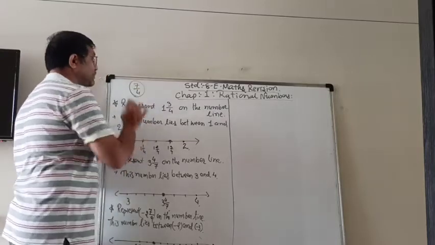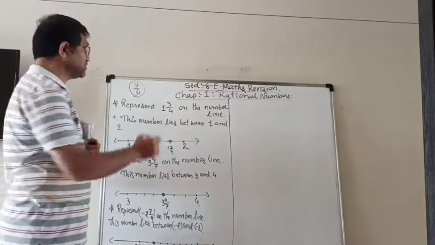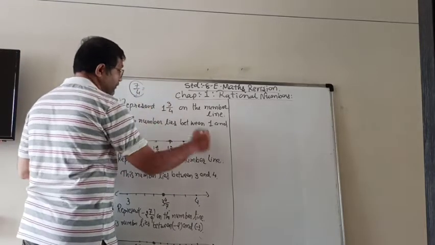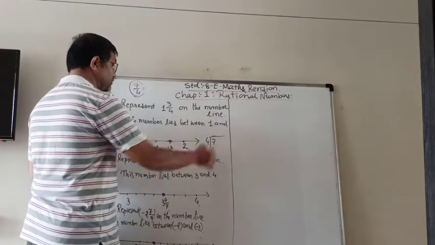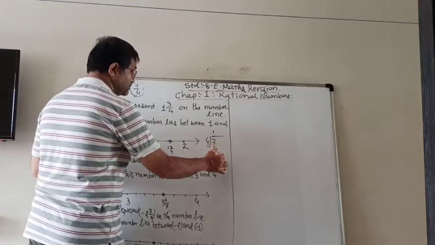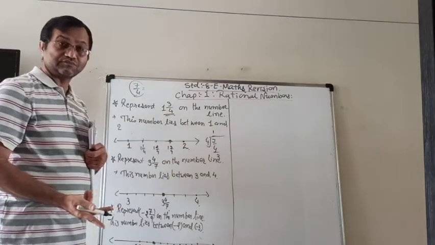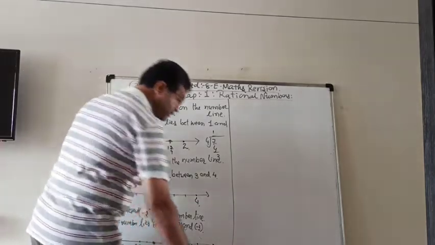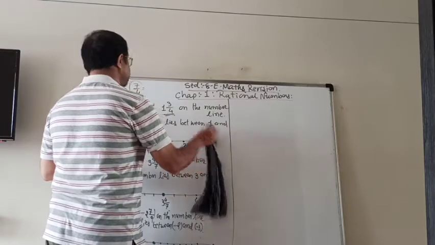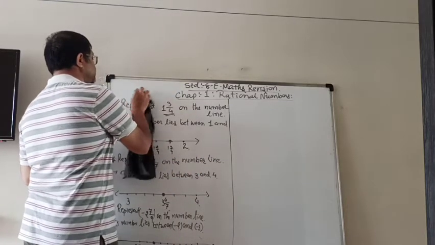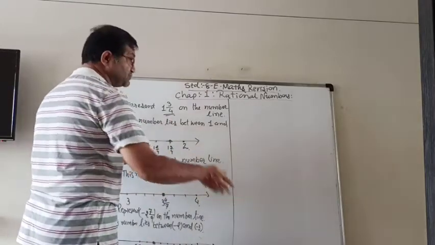Suppose it is given like that. See if it was given 7 upon 4. Represent 7 upon 4. You can see that denominator is smaller means it is improper fraction. So we know that 7 divided by 4. 4 ones are 4. 7 minus 4, 3. So it is 1 integer 3 upon 4. So when it is an improper fraction, you can convert it first into the mixed fraction. Then you don't have to take the whole starting from 0.